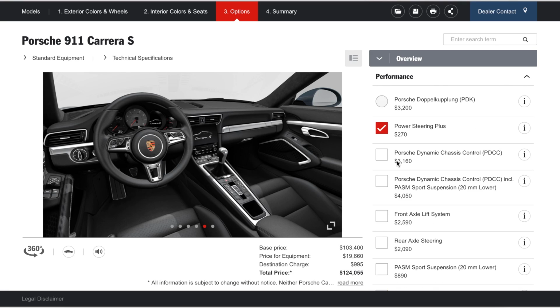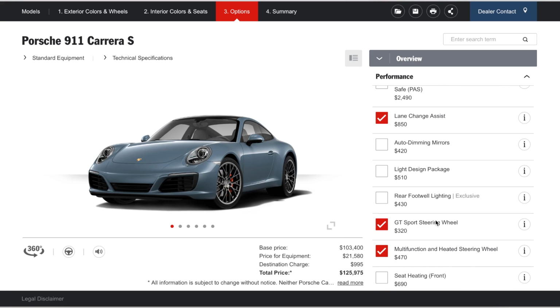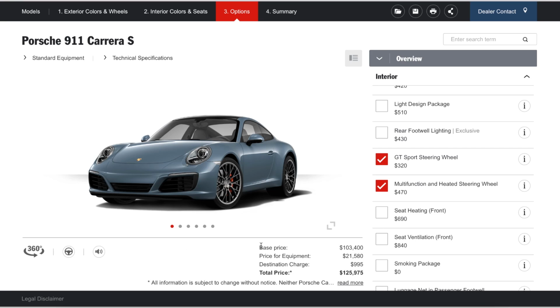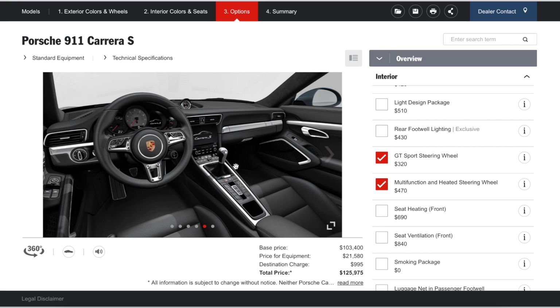Sport Chrono, where are you? Here you go. Steering wheel, come on. It's not there. Anyway, in the 3D, oh no, there it is. It popped up just now. So you get this little thing here. So that's also worth it for the Sport Chrono. You get the little mode selector, which is new for the 991.2, which is awesome. So yeah,